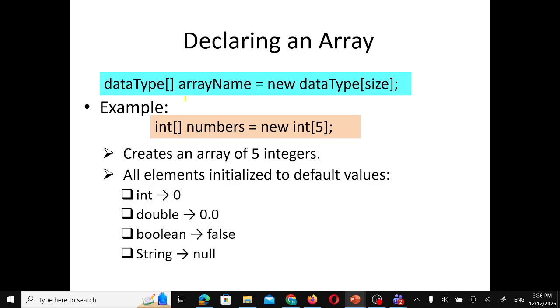How to declare the array? This is the format. You must have the data type followed by the array name, equal to new, and the data type followed by the size. For example, here we have the data type as integer, then we have these empty square brackets, not curly brackets, sorry. Empty means that we just state the array list. Then this is your array name, numbers, equal to new